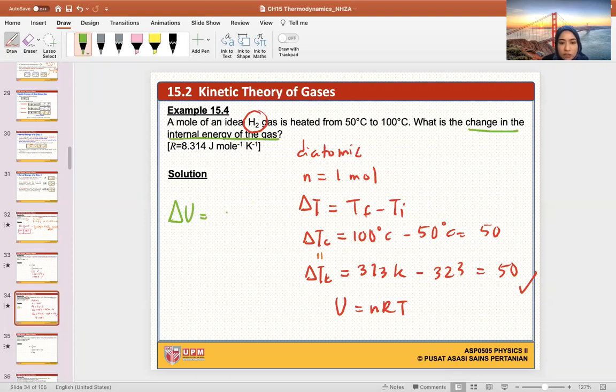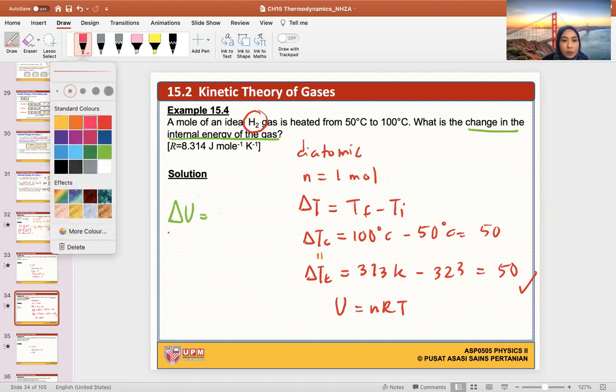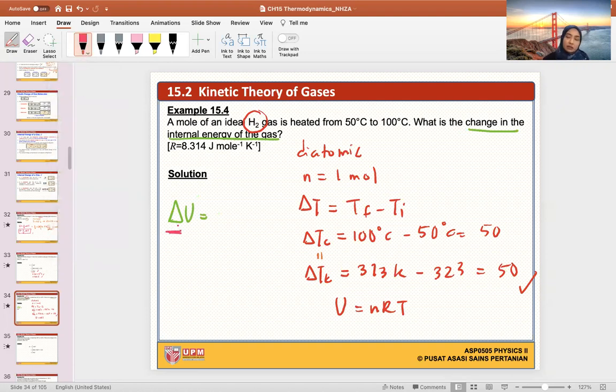Okay, so change. When we have this delta sign here, I would like to repeat myself, I told you if you have it on the left side, you should have it on the right side. You can't say delta U equals to nRT. Where is your delta sign over here? This is wrong, okay? When you have a delta over here, your delta must exist on the other side as well. A change should be reciprocated with another change. Okay, so the equation should be